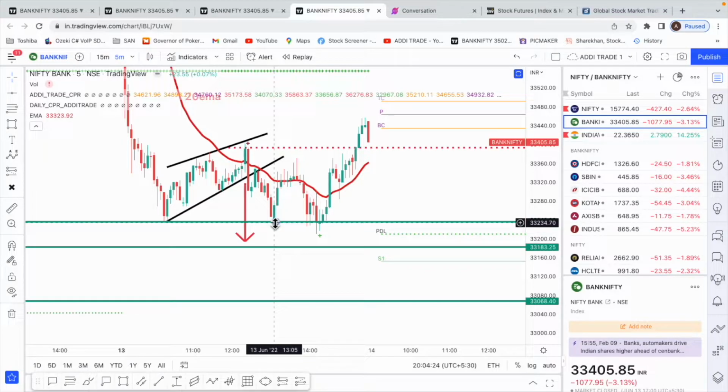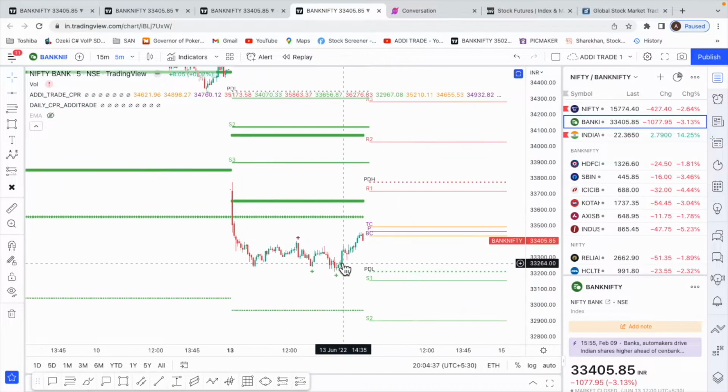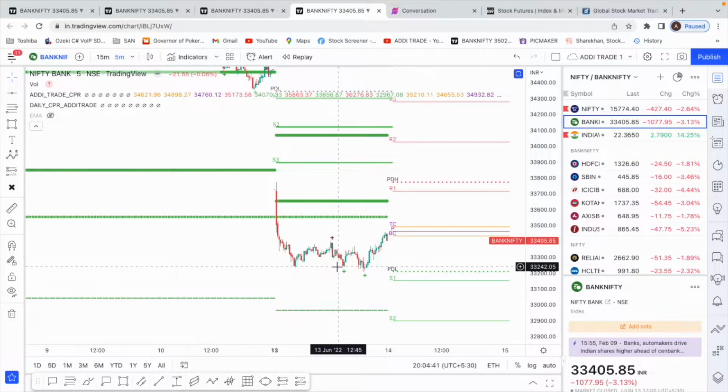See, whenever the VIX is going up and you're getting these huge gap downs, right, it's best to trade with a reduced quantity, because we'll never know what kind of violent moves will come, because we'll never know when some kind of profit booking will come and we can start moving up.